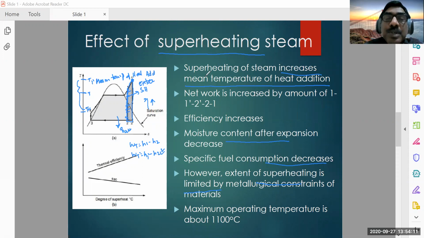So because of these two reasons, the increase in the mean temperature of heat addition and also the increase in the net amount of work, the efficiency will increase. Okay. And another important point is the moisture content also will decrease after expansion of the steam in the turbine. You see here,